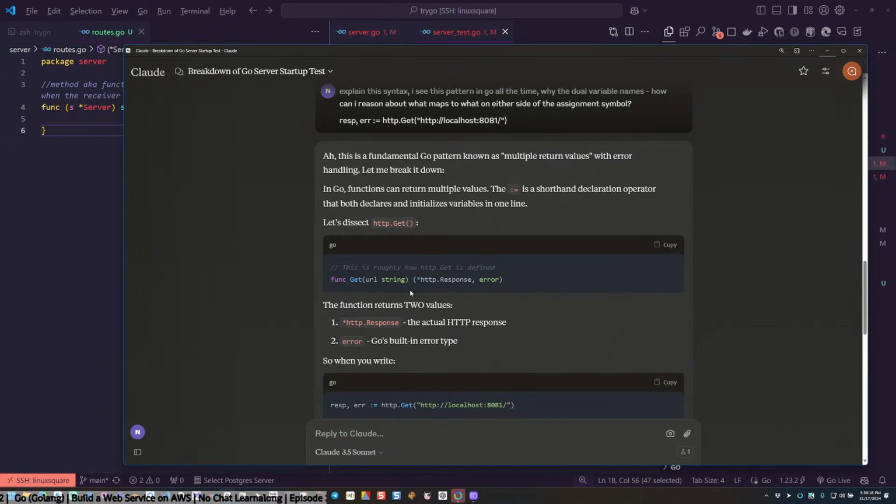Huh? The function returns two values, a pointer to the response, okay, and the error. Go's built-in error type.